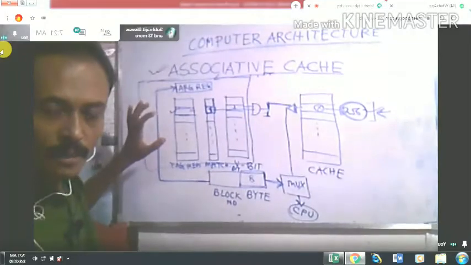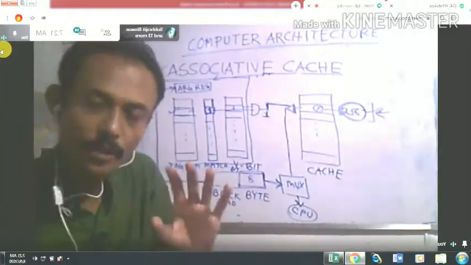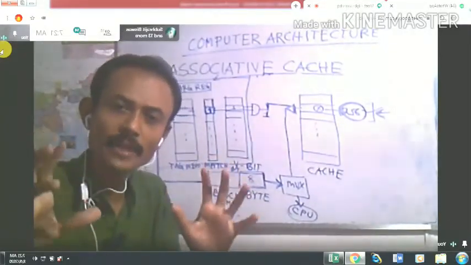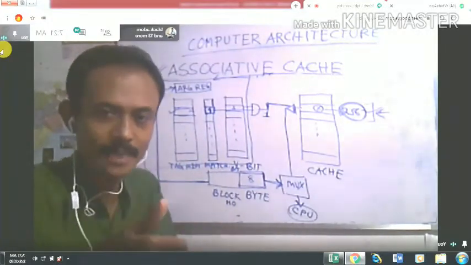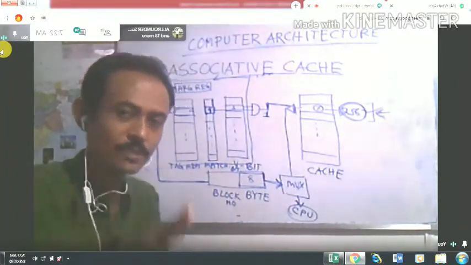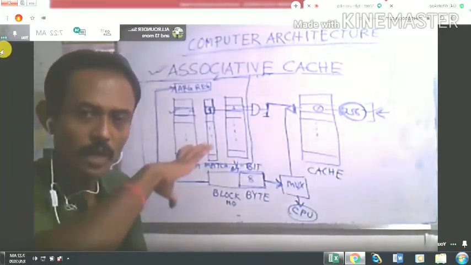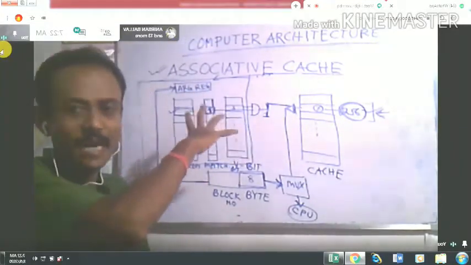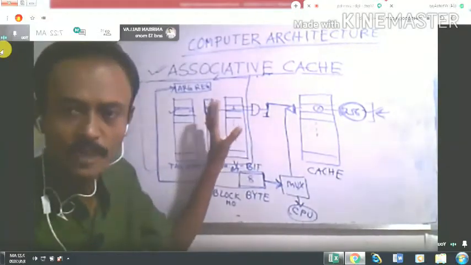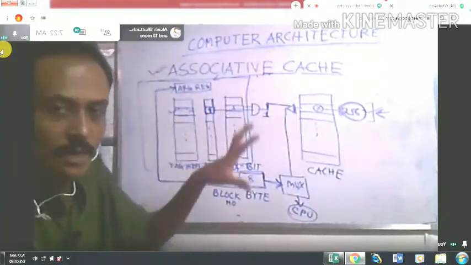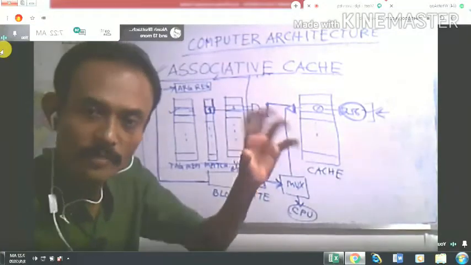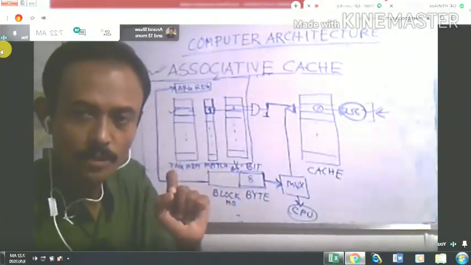So for this comparison, you require comparators. You have to use comparator circuits, and you require a very large number of them. That means you require so many gates here for comparison. Your hardware will be very complex for this comparison. That is the only drawback.